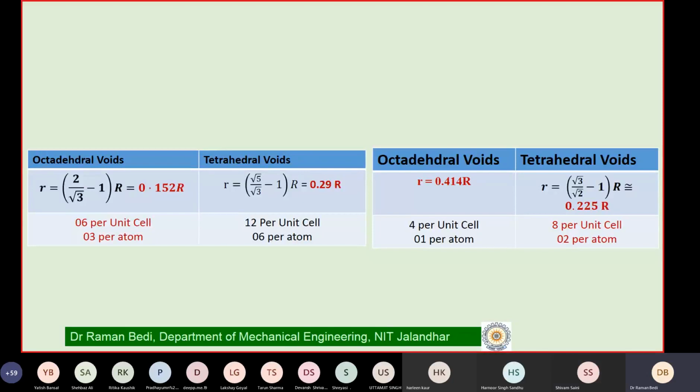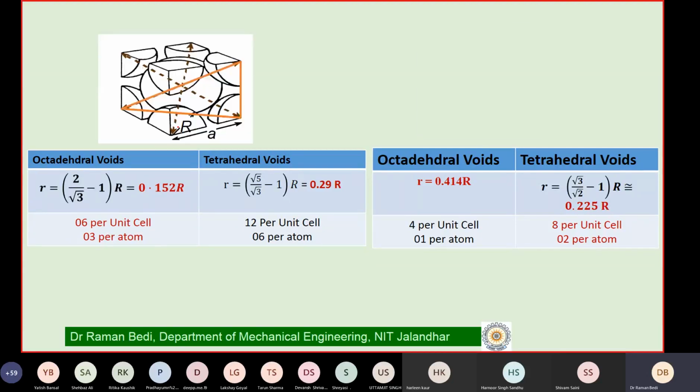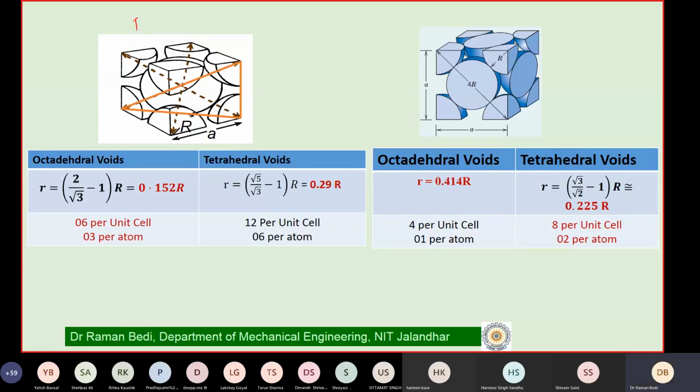Okay. So I sum up the same thing now, but with some added information. Can you see on your screen? This information is now again for voids for both your structures. So you have the BCC iron and the FCC iron. Is it right? Yes, sir. And we have given the size of the voids, and what I have added is the number of voids also. For your FCC, I have explained it already in my last class. For BCC, we will do it, but you can take the values as such for the time being.